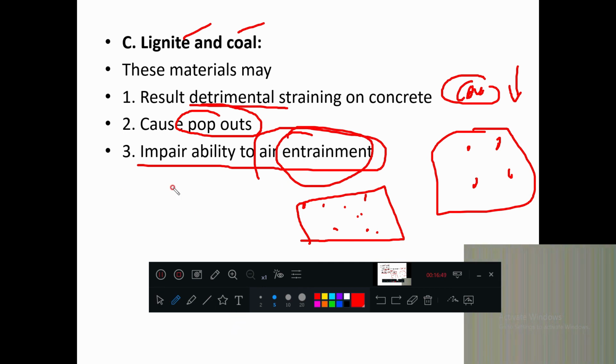So what we are discussing is what are the impurities present in fine sand and what are its effects. Okay, so A, B, C, we are in the third type of impurity. Almost all impacts are the same only: quality reduced, more water demand, pop-outs, air will be entrapped. These are the four common effects of impurities which are present.